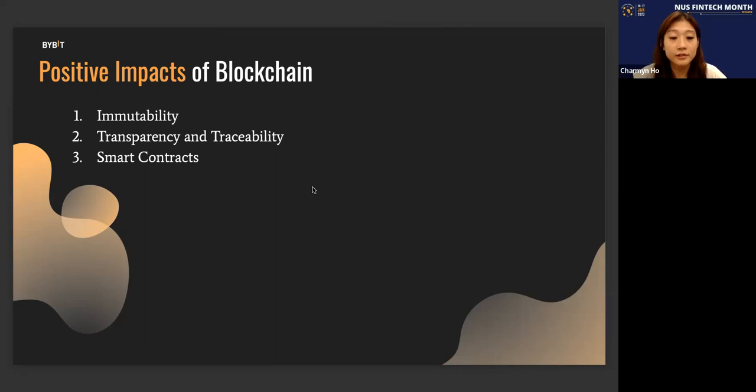Because in traditional centralized databases, users cannot verify transaction information whenever they want. And centralized administration can choose to cherry pick selected sets of data to make public. In this case, there's not really much transparency at all, and the burden of trust is fully on the said centralized administration. Third will be smart contracts.